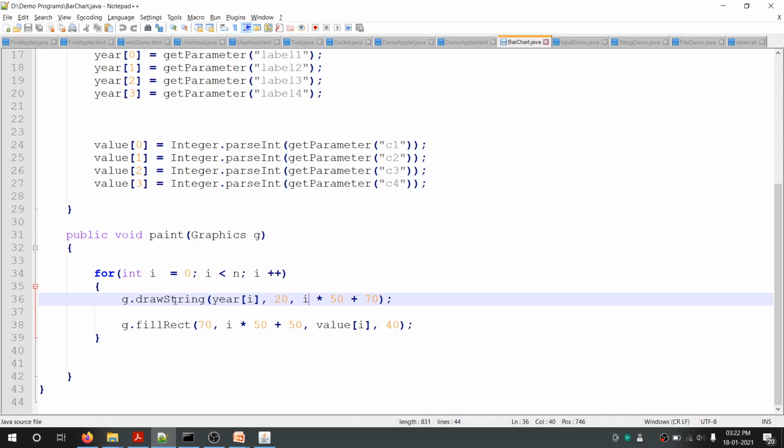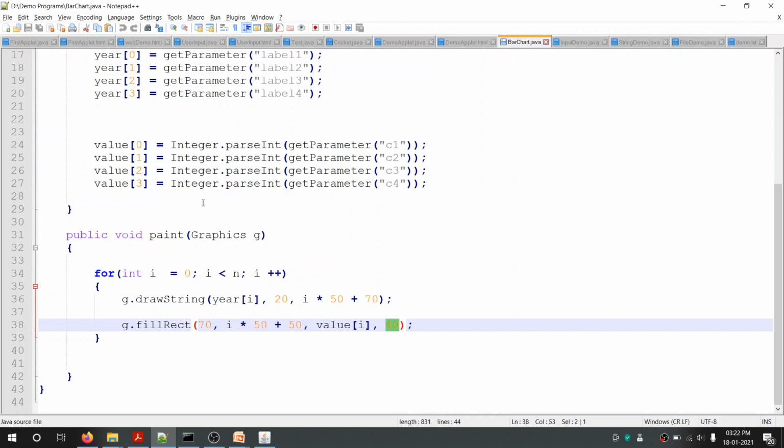There the first label, that is 91, will be displayed, and after that we have to display a bar by using g.fillRect, and that is displayed at the x location 70. Y is computed again by using i*50+50, and then value[i], that is the width, is used for the values, and height is 40. Like this, every time the loop executes, it draws the year and the bar.